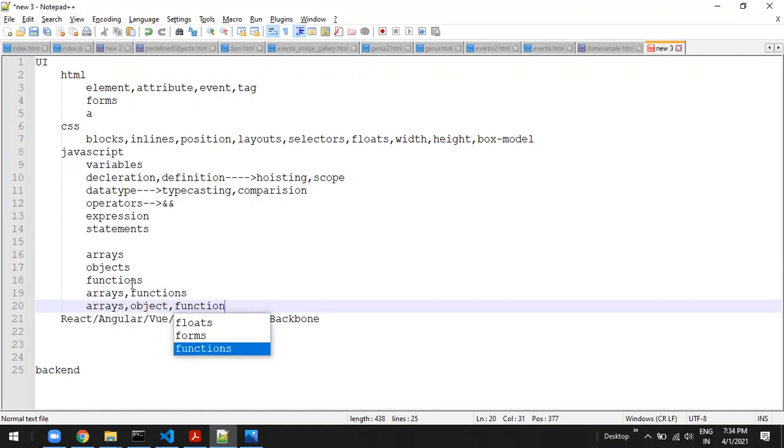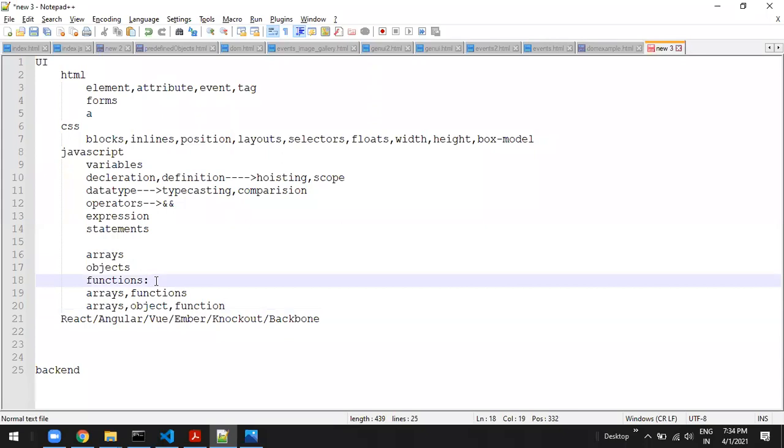So what do you mean by functions? Constructor functions, variable functions, function declarations. You may feel trouble when I use function call, function return, function body, function parameter, function argument.